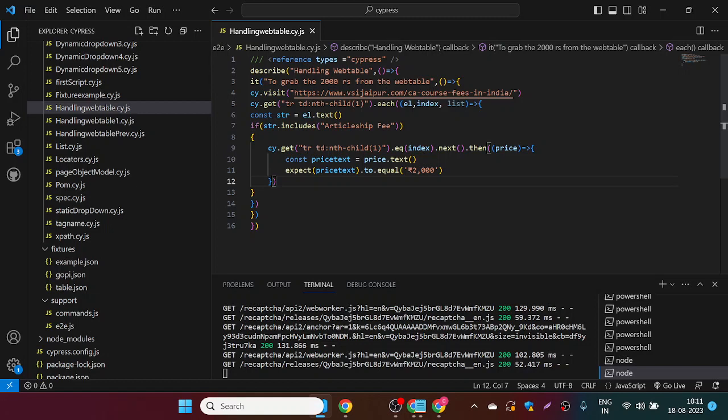Can you explain that if block, that cy.get? Yeah. See, suppose I don't add the if condition. Before I explain, Gopi, let me tell you one thing. If I don't use the if condition here,